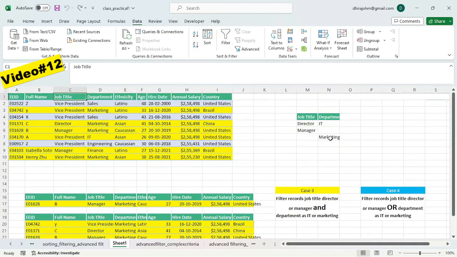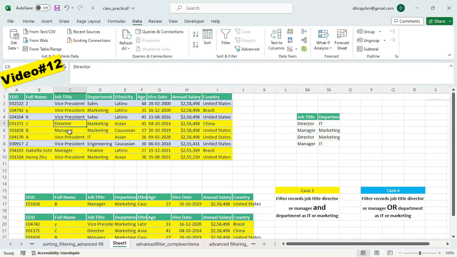So we are left with just one worth mentioning point, and that is for the second last condition where marketing was in this position adjacent to manager. In this case, only two conditions are getting matched and not the four like Excel does in GUI filter. So it is just trying to match director in IT or manager in marketing. It is not trying to match director in marketing or manager in IT. So if we want that also to happen, we need to write another condition here like director and then marketing and then manager